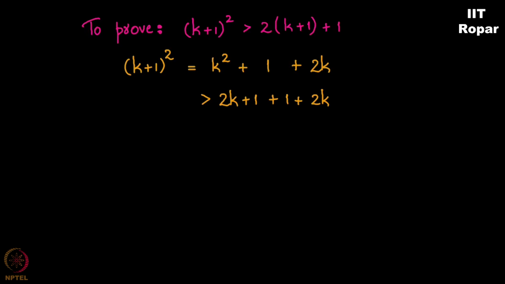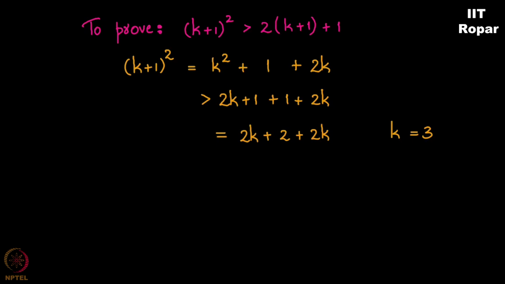Now, if you remember, I had explained when we write an equal to sign and when we write a greater than sign. I am not going to touch the greater than here. It is not affecting the inequality. I am just telling that 2k plus 1 plus 1 plus 2k is equal to 2k plus 2 plus 2k. But the inequality remains as it is. Clear? Now, where did we start from? We started from k greater than or equal to 3, right? That's how we had started as the basis step, if you remember.